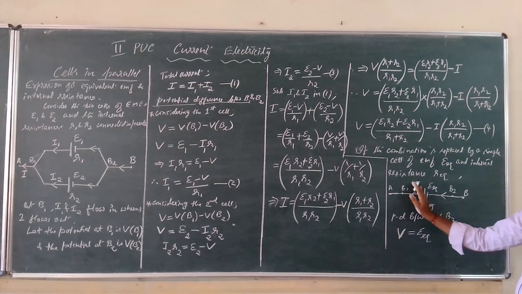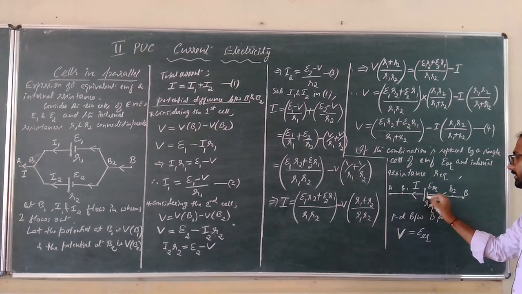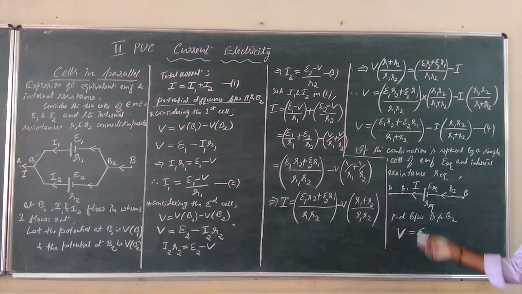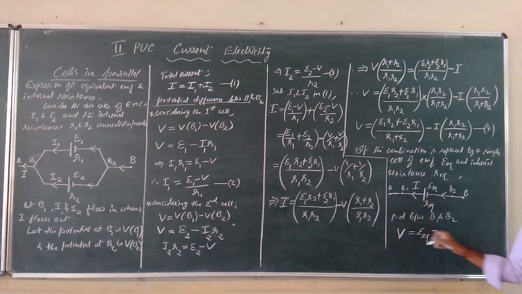So while writing the EMF of the cell, the circuit should be open. In open circuit, calculate the potential of this positive electrode with respect to the negative electrode. That is the potential difference between the 2 electrodes of the cell, that is plus E equivalent. So current is flowing from the negative terminal to the positive terminal of the cell, from lower potential to higher potential. Now, because the circuit is closed, minus I into R equivalent is the lost volt, the potential difference across the internal resistance. Therefore, V is equal to E equivalent minus I R equivalent.